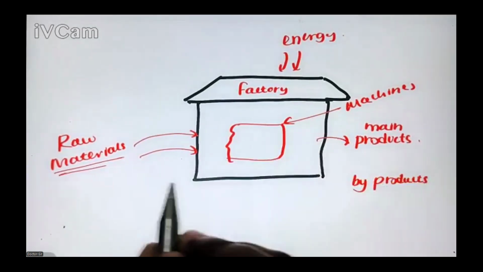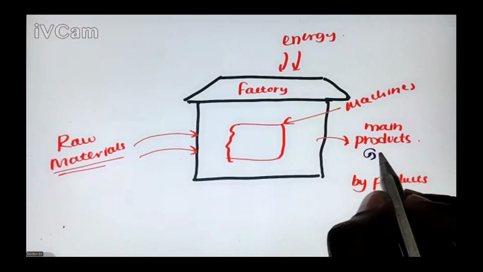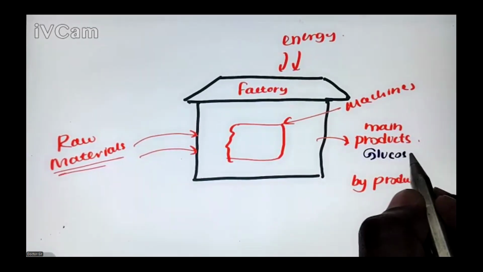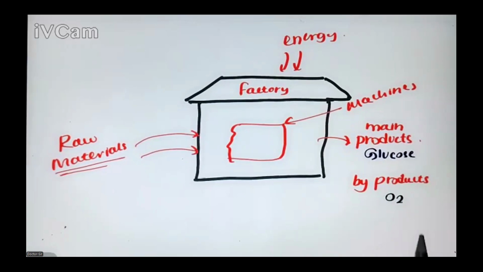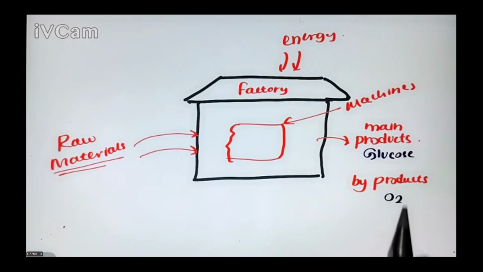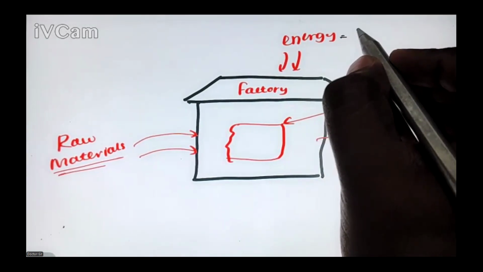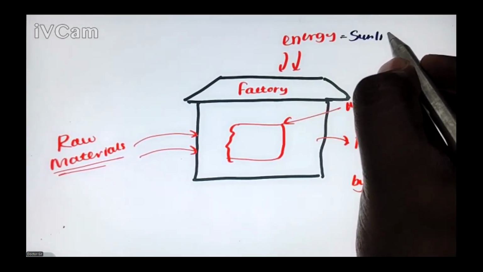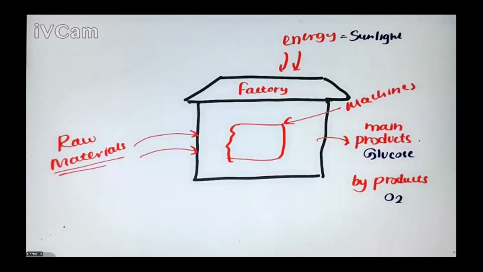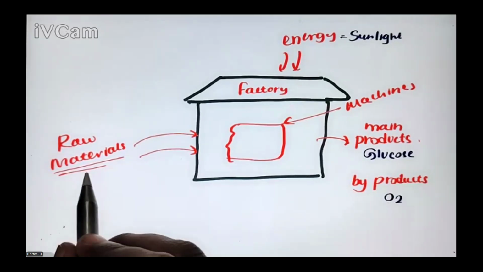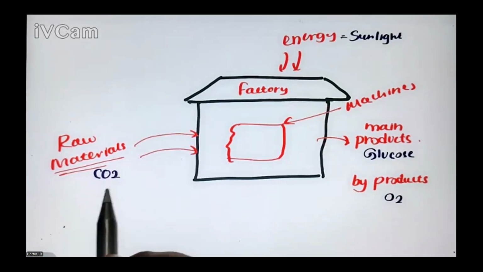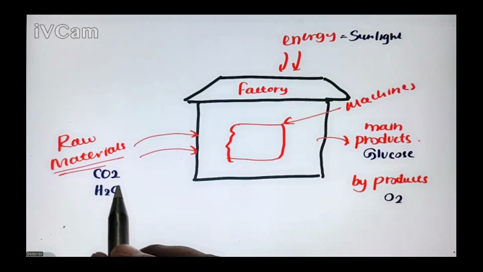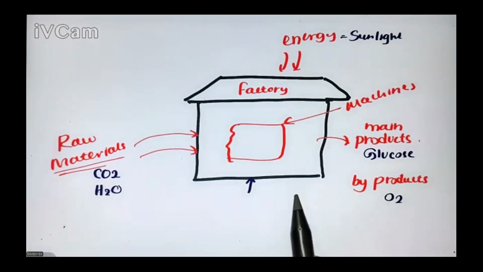Now, in this factory, we are going to produce the main product, glucose. The byproduct is O2, right? For energy, we are using sunlight. Now, what are the raw materials? We are using the raw materials CO2 and H2O. Then this whole factory we label as a